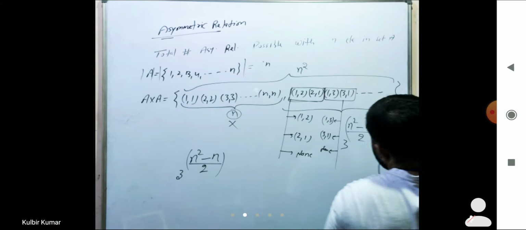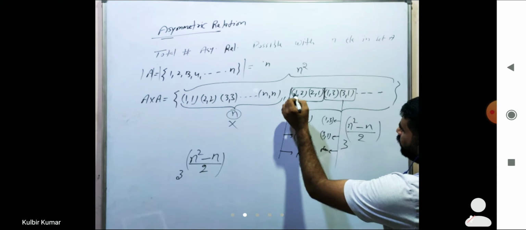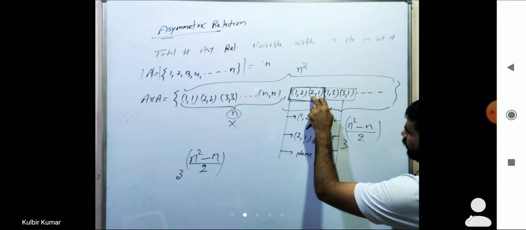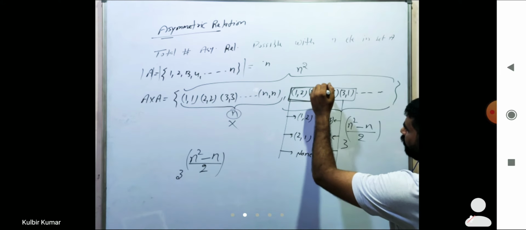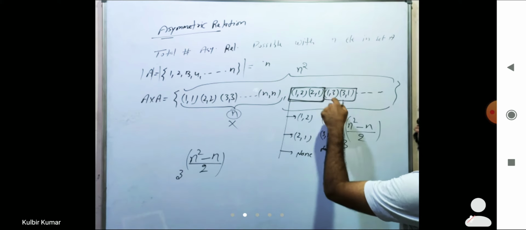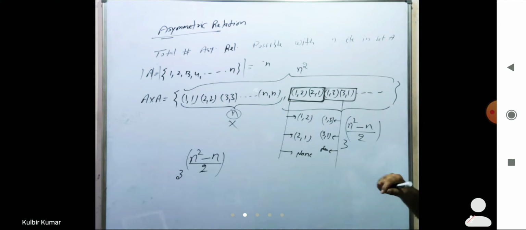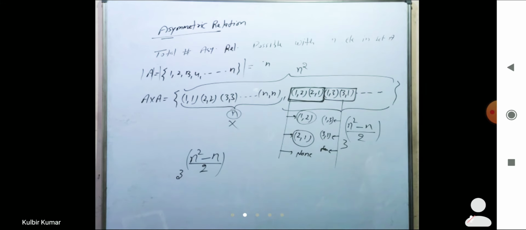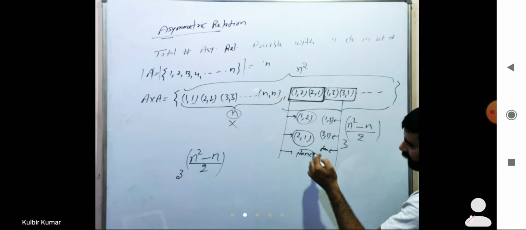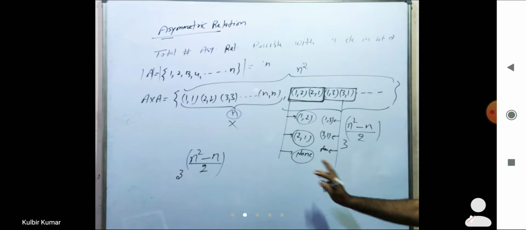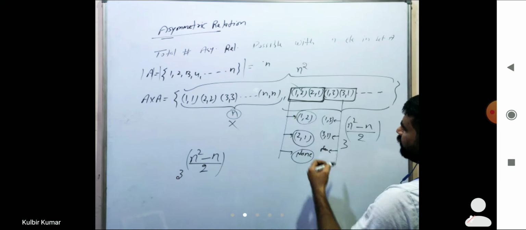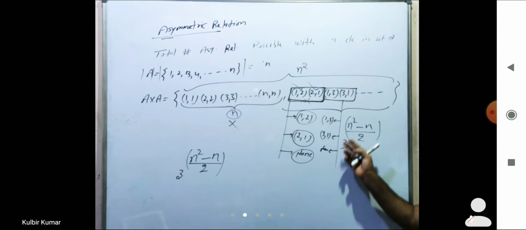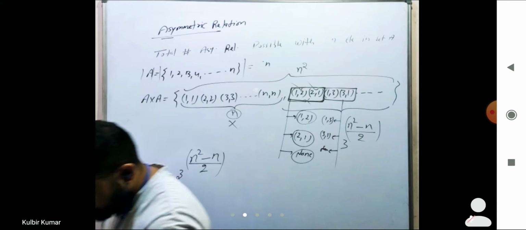ओके, थ्री वाला केस ये होगा कि मेरे पास ये वाला 1,2 और 2,1 है, जो मैंने एक बॉक्स में रख लिया, है ना? ऐसे ऑर्डर्ड पेयर हैं, 1,3 और 3,1 टाइप के, उनको भी बॉक्स में रख लिया। तो उस बॉक्स में से या तो मैं ये वाला निकाल सकता हूँ या ये वाला निकाल सकता हूँ। ये दोनों ऑर्डर्ड पेयर एक साथ नहीं ले सकते, या फिर इनमें से कोई भी ना निकालें। तो मेरे पास थ्री चॉइस होंगी: either I can take this one, or I can take this one, or none of this. ठीक है, तो इस वजह से it is 3 power n square minus n आ रहा है।